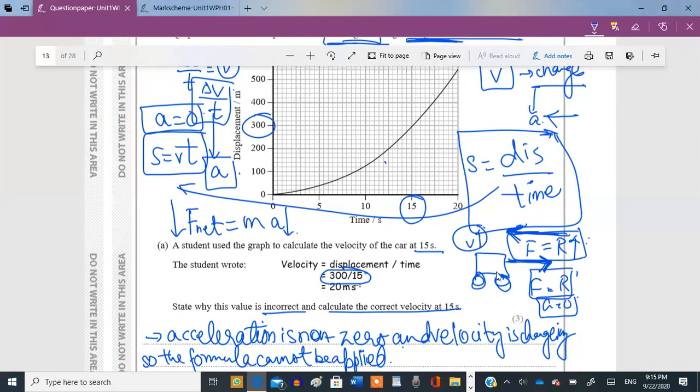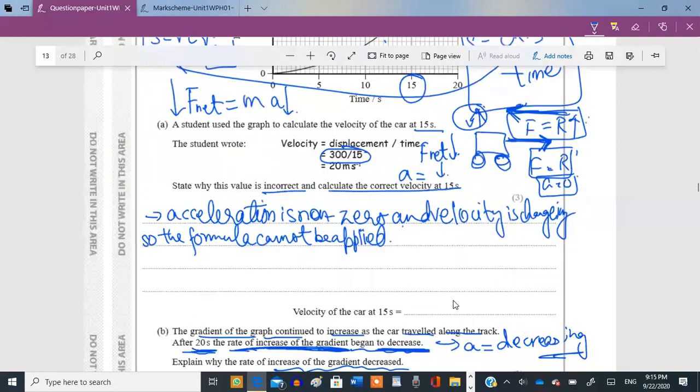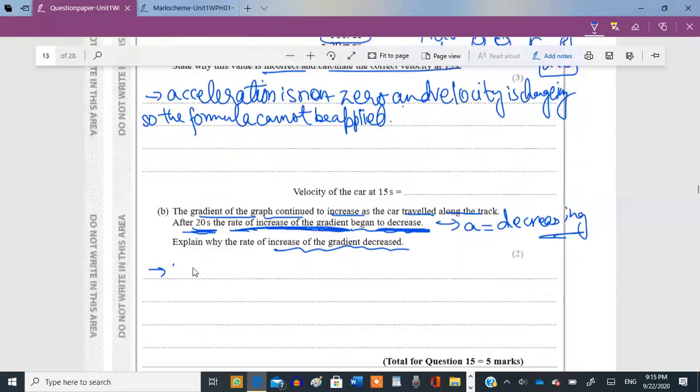So the logical answer is that as time passes, the velocity increases and the air resistance increases. If the air resistance increases, the net force decreases, and if the net force decreases, the acceleration decreases, which is actually the rate of increase of the gradient. So as time passes,